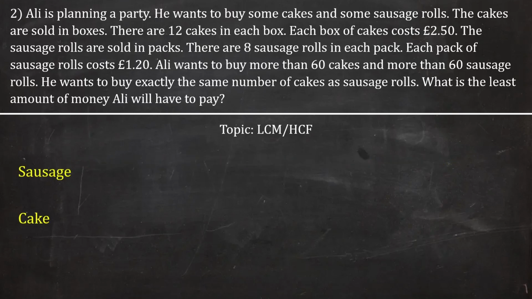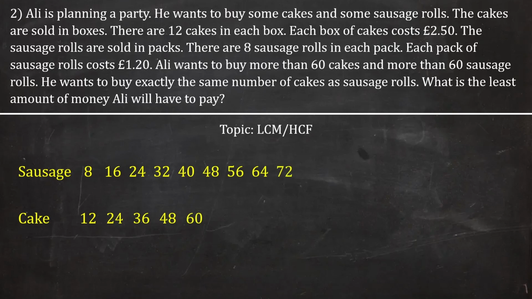Because the 8 times table is a bit smaller, I'm going to go on the 8s a little bit faster than the 12s. So 8, 16, 24, 32, and 12, 24. So 24 actually matches, but we can't really use 24 because the question wants us to be bigger than 60, so we need to keep going. 8: 40, 48, 56, 64, 72. 12: 36, 48, 60, 72. We matched at 72, it's bigger than 60, so that works,